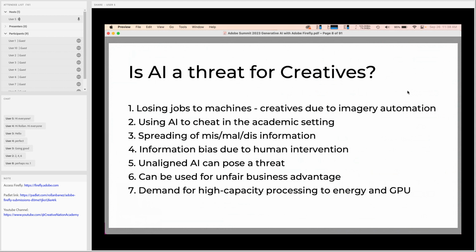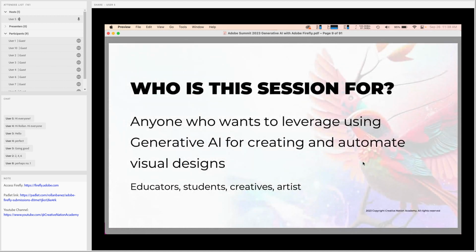And all of this is a valid argument, and this session is also for anyone who wants to leverage the use of generative AI, because we want to keep an open mind to new technologies and be accepting of the things that we are going to face, regardless of pros and cons, positive or negative for us.